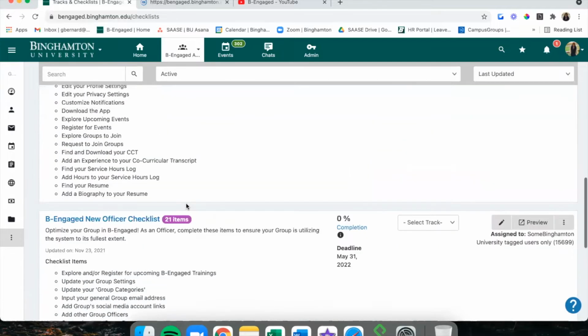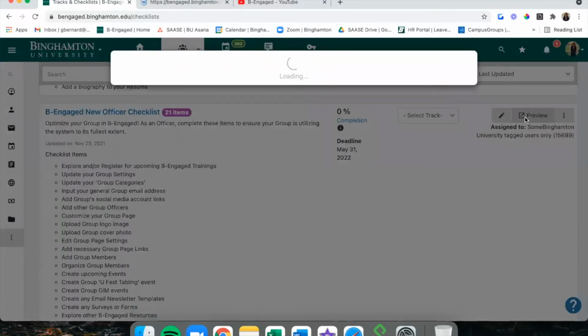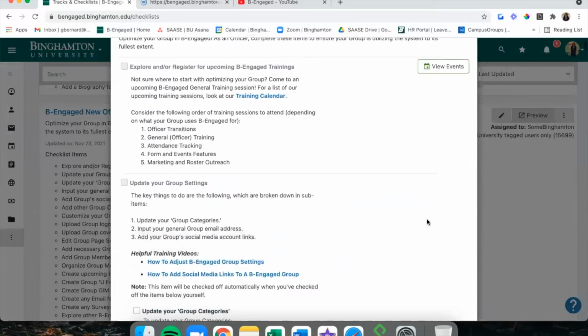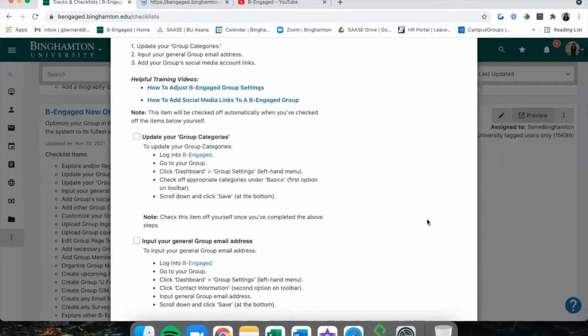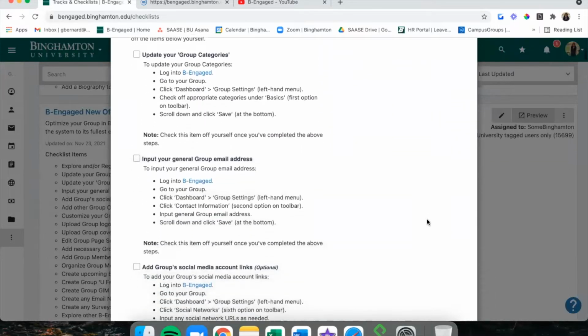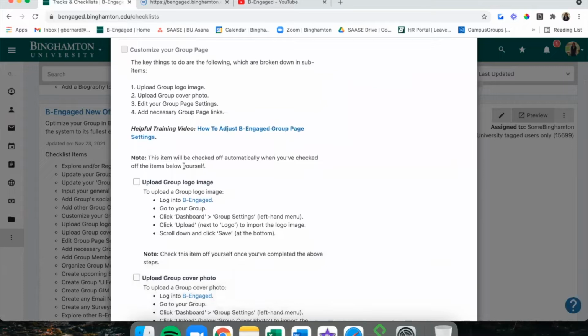You can preview your tracks and checklists by clicking this preview button, and it'll bring up exactly what users who the checklist or track is assigned to will see on their home dashboard. You can also see if the items are available for the user to check off, or if check off or completion is dependent on something else.